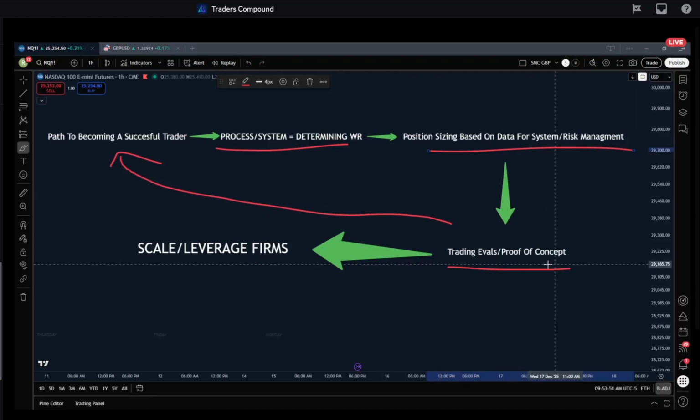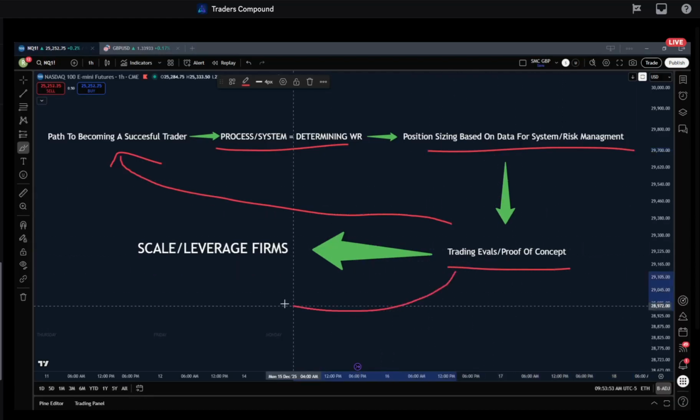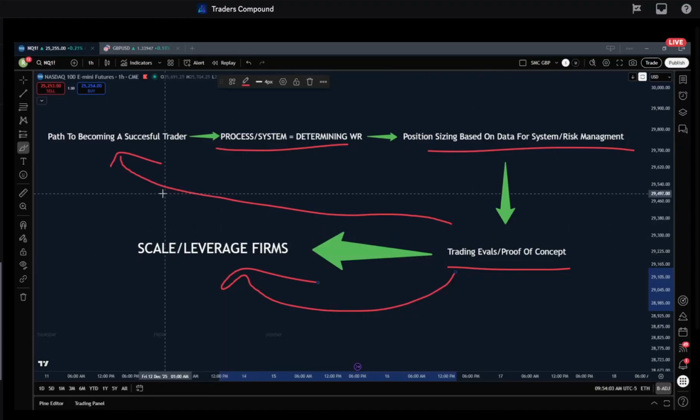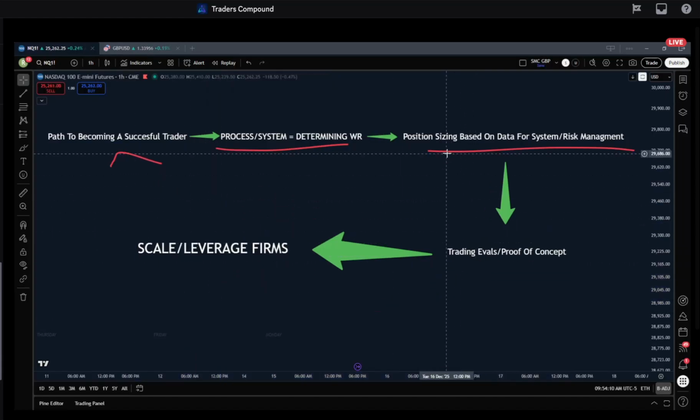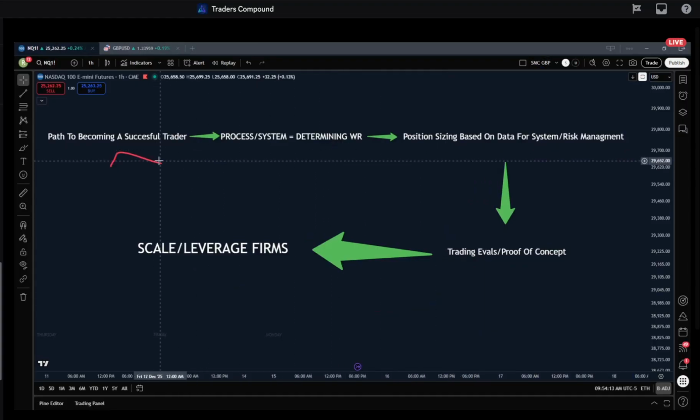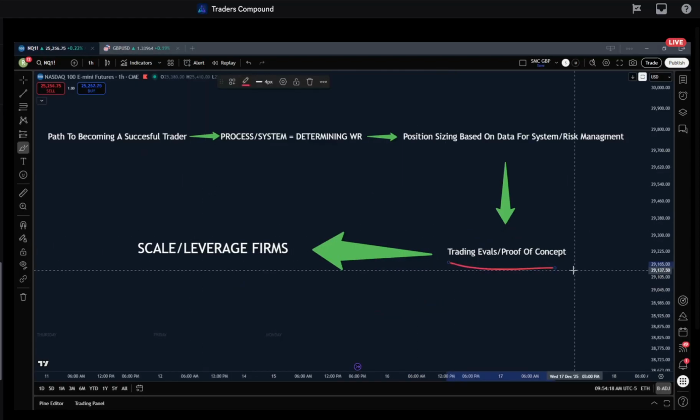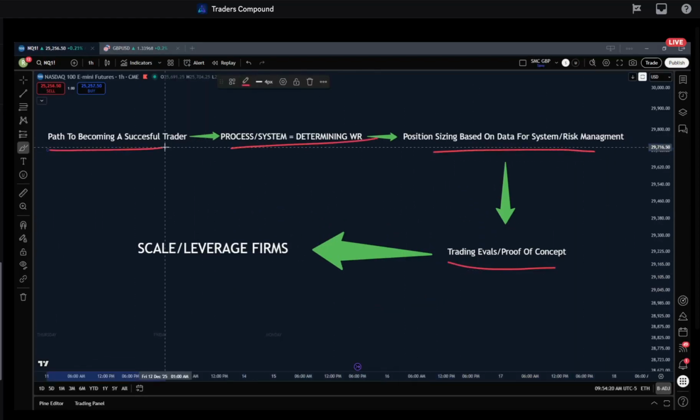A lot of us are trying to skip past this. We immediately want big returns. We immediately want big payouts. We're completely neglecting process. I emphasize process every single day, because that's everything. That's all we have in trading is data, right? You have to have this proof of concept. And once you have that down and once you nail that, then we scale, right? But we have to know where we are. Identify where you're at on this chart and see what the next step is, right? Or change what our current step is if something's not working and ask us, right?